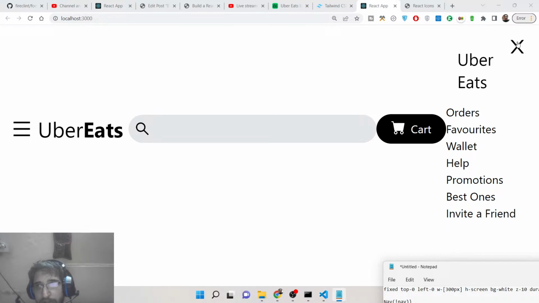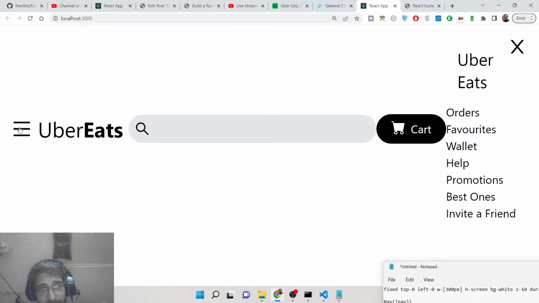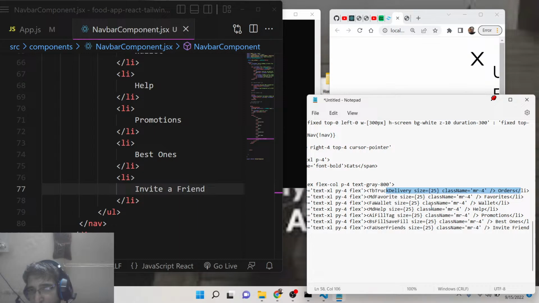So you can now see this is a cross icon. This is the header text, Uber Eats, orders, favorites, wallet, help, promotion, best ones, invite a friend. So when we click this hamburger icon, this will show. Now we also need to show the icons as well, guys. So just before this, we will have the icons as well. So right here,